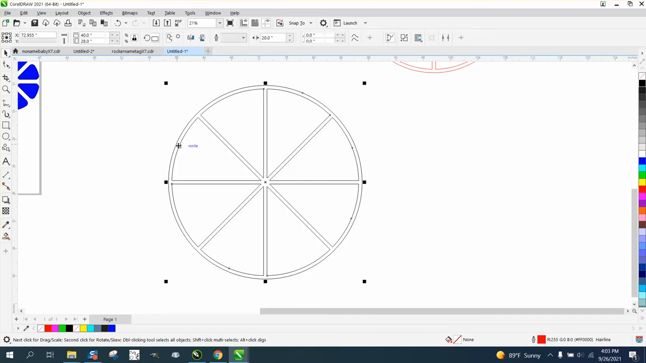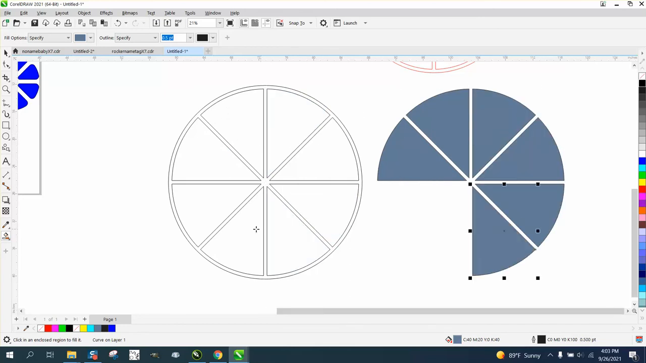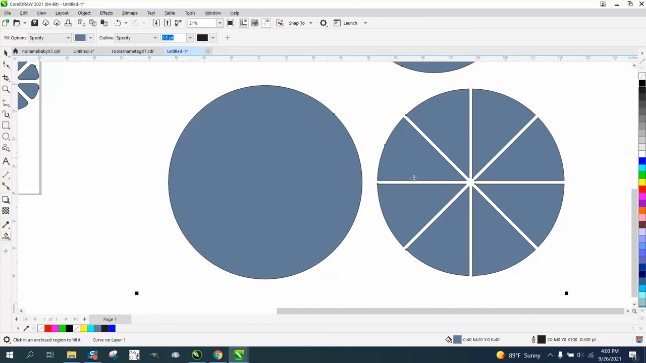Now, this is 28 inches, so we'll make our nudge factor 30. And we're going to do the same thing we did in the previous video. We're just going to smart fill these shapes in so we have those shapes. And then select everything